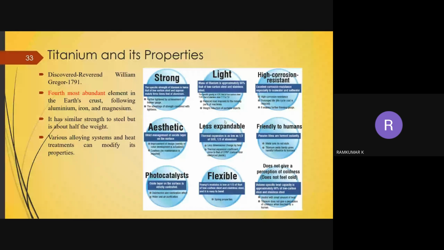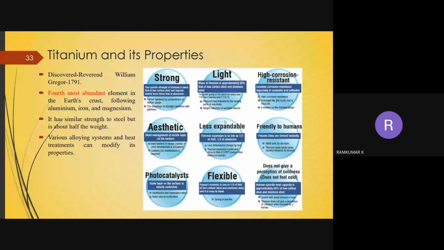So it can be modified. Its properties can be modified when various alloying elements are added. It has the following properties: good strength, light weight, and high corrosion resistance. It has good aesthetics and needs no maintenance. It is less expandable; if there is any thermal expansion, it expands less. It is friendly to humans, and it won't